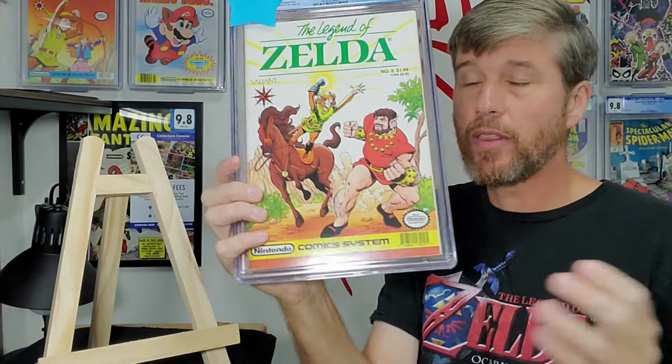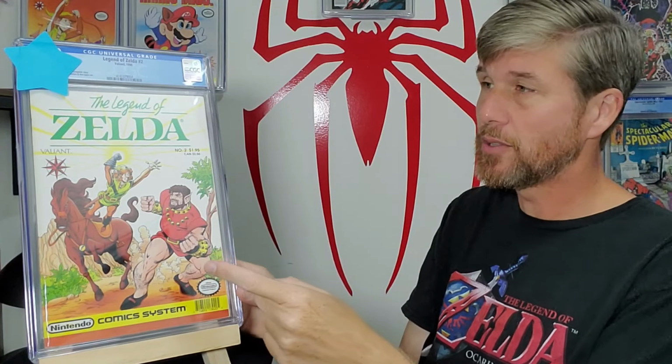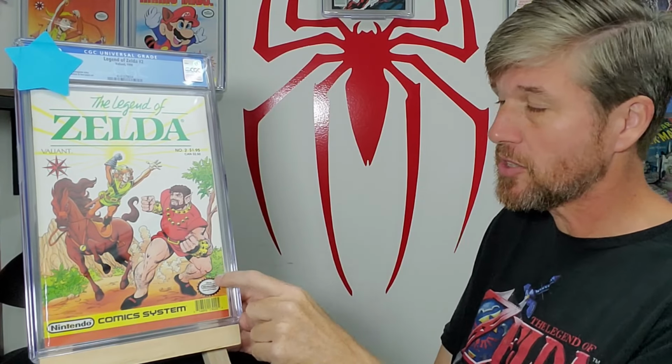It's almost like it was printed in a weird... I don't know. I don't know what to think about that. So I have no clue on this book, but this book is beautiful otherwise. This could be 9.6 or 9.8 material if it wasn't for that, and I just don't know how they'll treat that. If it's a common flaw in this book, maybe it could get a high grade, but...